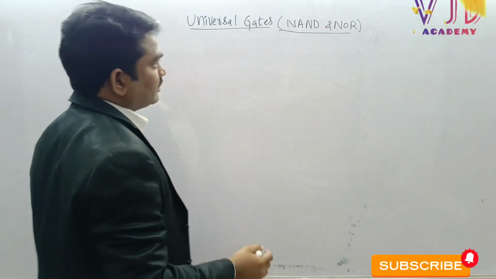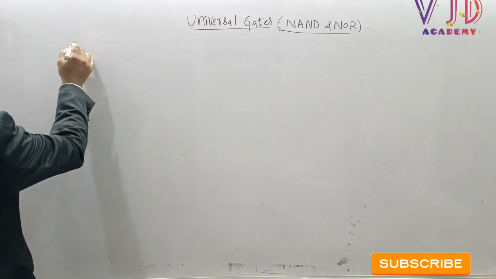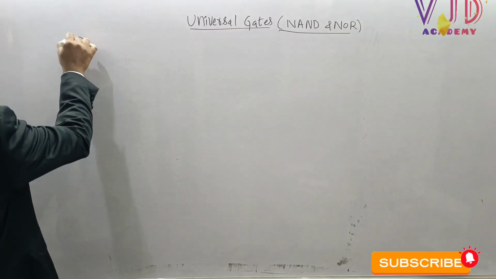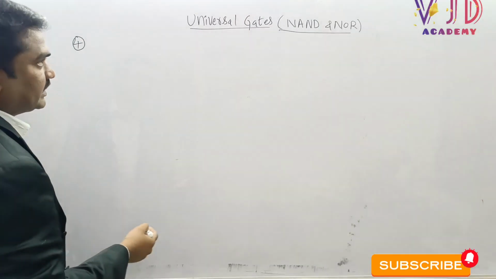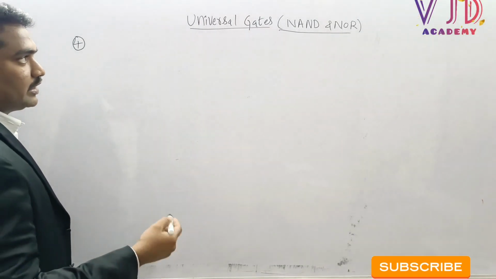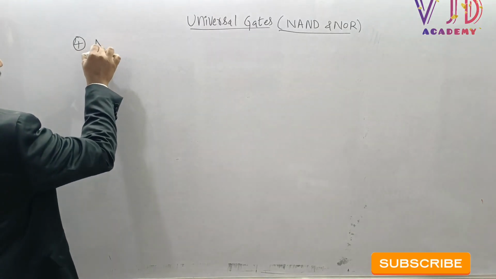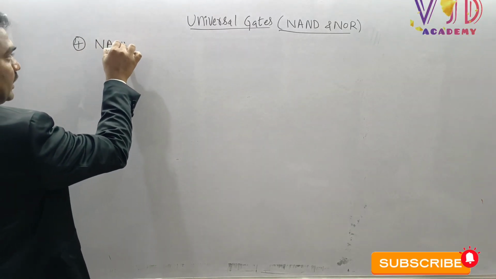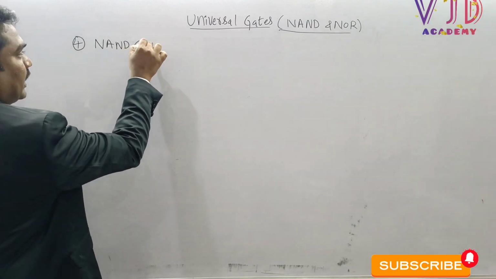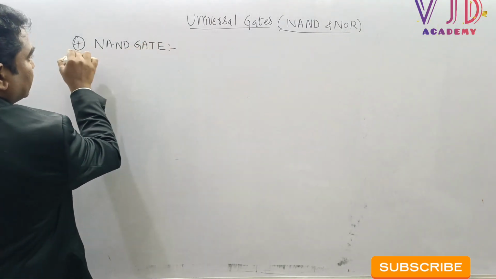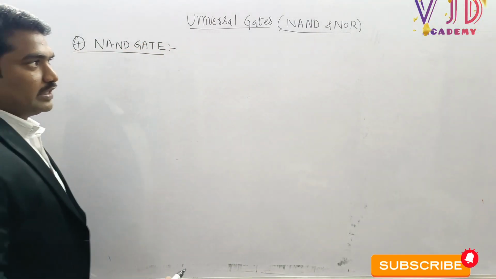Let me take the first gate, the fourth gate, because we have learned three types of basic gates, which are AND gate, OR gate, NOT gate. Now let me explain the fourth gate called NAND gate. I told you in the previous lecture, the moment we learn about any logic gate,